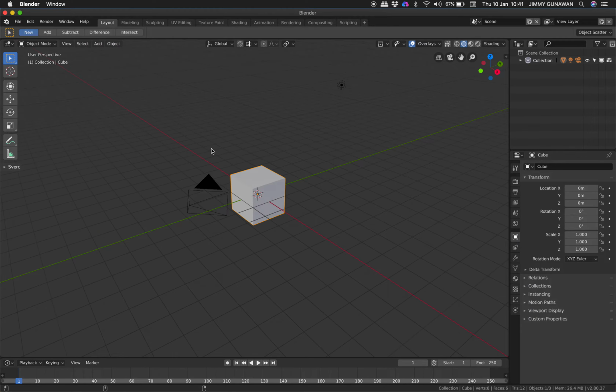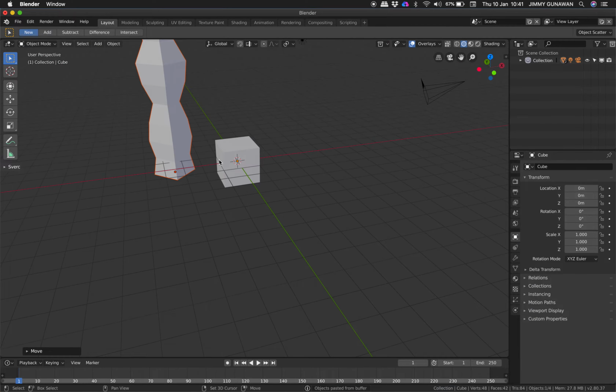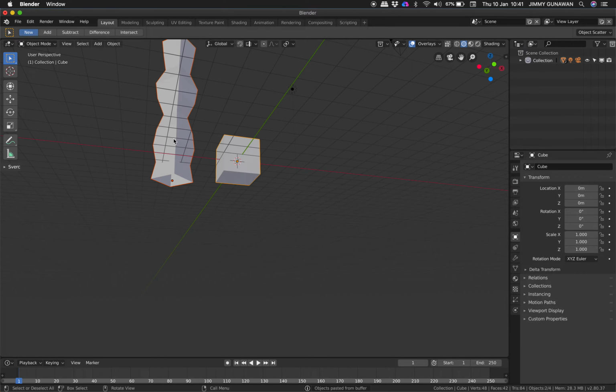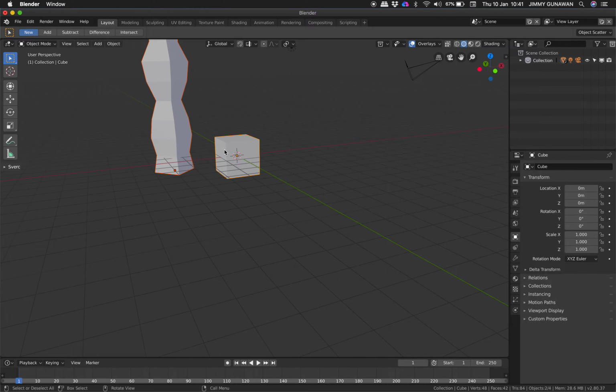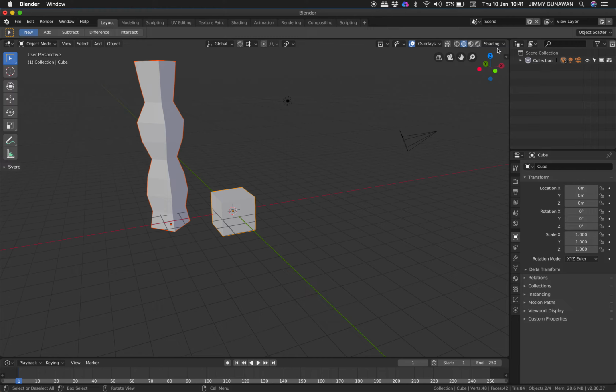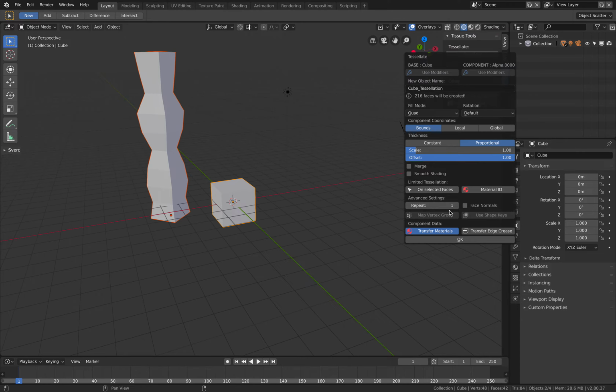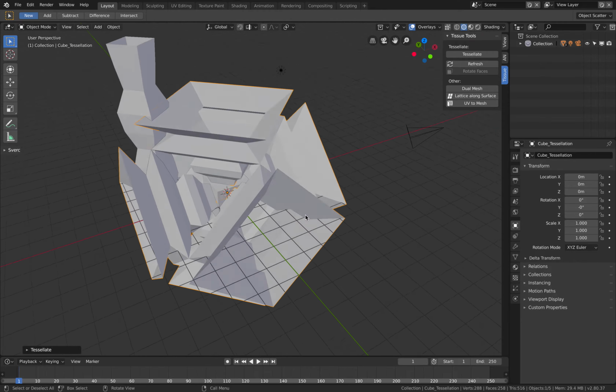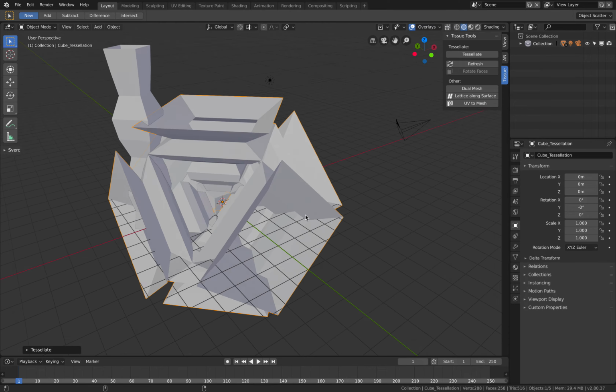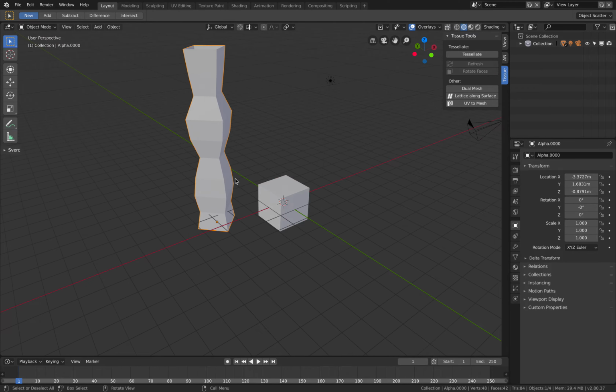and try using tessellate. So this is the component. It has a hollow bottom and top. So we have the tissue add-on here, tessellate, everything as it is. So yeah, it's creating something,